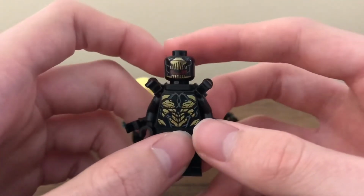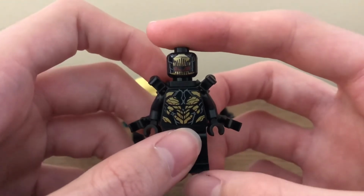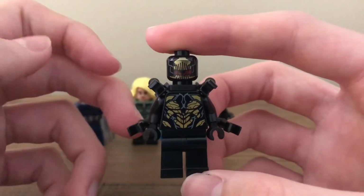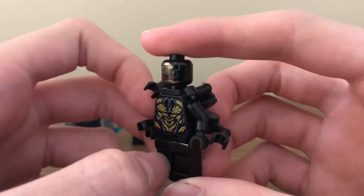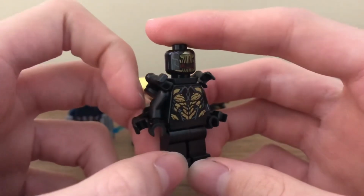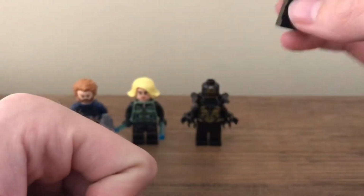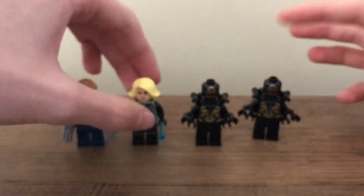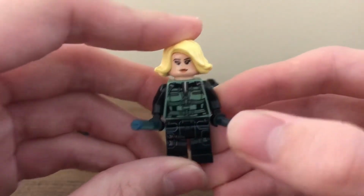I like these Outriders. They're a very massable character, which in a cheap set like this is great. Well, a cheap set, of course, when it released. But yeah, I think this character is very massable, so it's nice to have 2 in this set. Then, since it's the same, I'll just move on to the Black Widow minifigure here, which I would say is